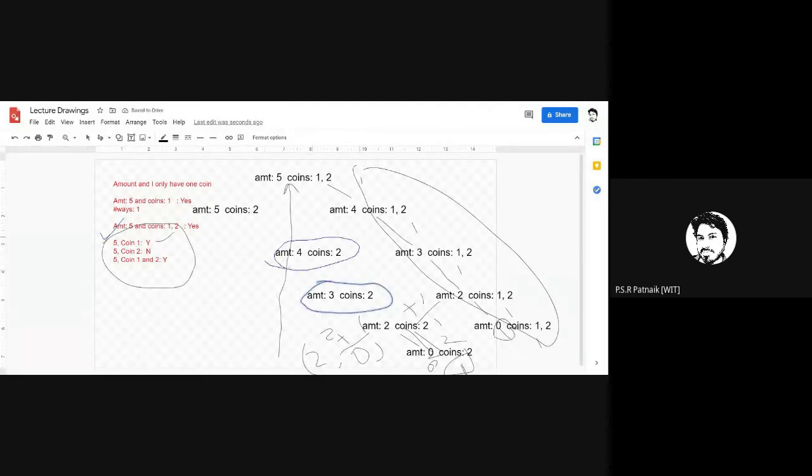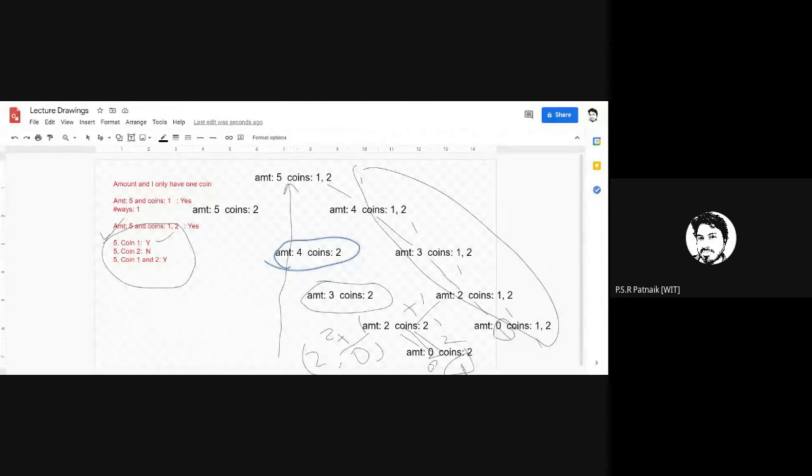Remember, we have just seen one small section of a large tree. If you look at the entire recursion tree for this call, once we write a program, I'll show you how we can generate the recursion tree. We will generate the recursion and see what you get with the memoized version, what you do not get with the non-memoized version.